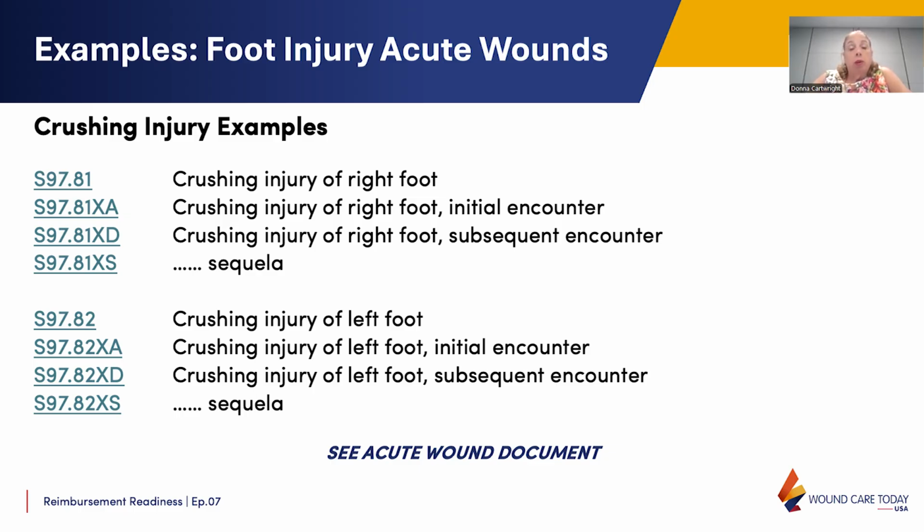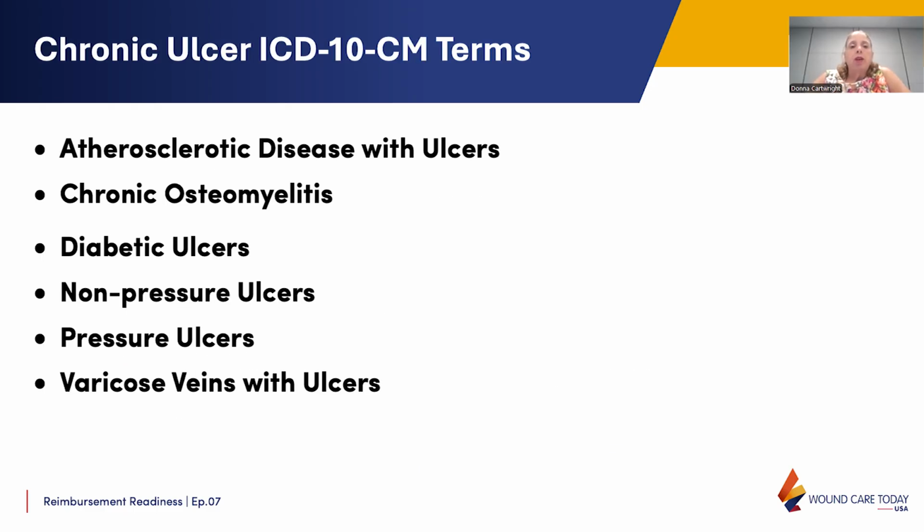What I've created for you is a wound document that has many examples of acute wounds, which you are free to print out and use as a cheat sheet. That may help you when you're asking yourself the question: is this wound an acute wound versus a chronic wound? So, chronic ulcer terms in ICD-10,